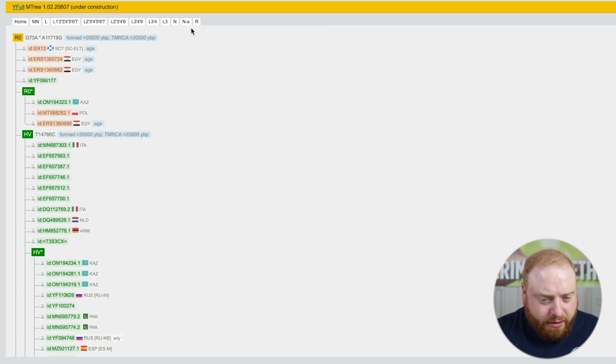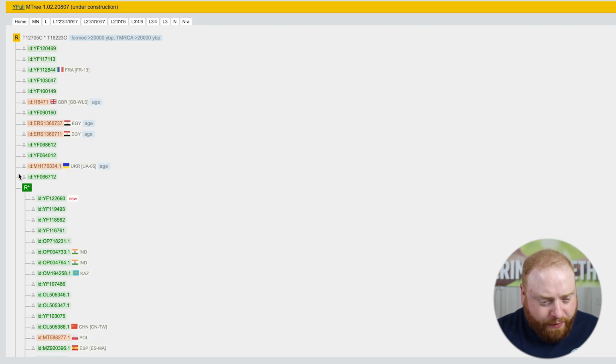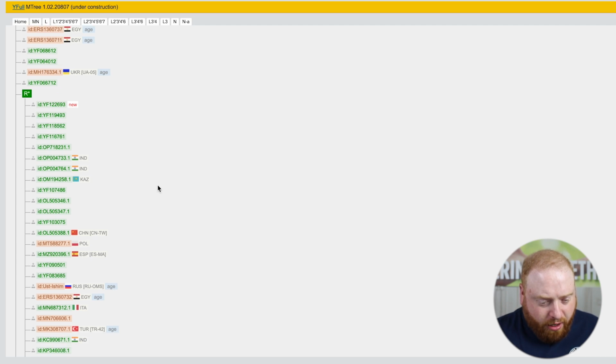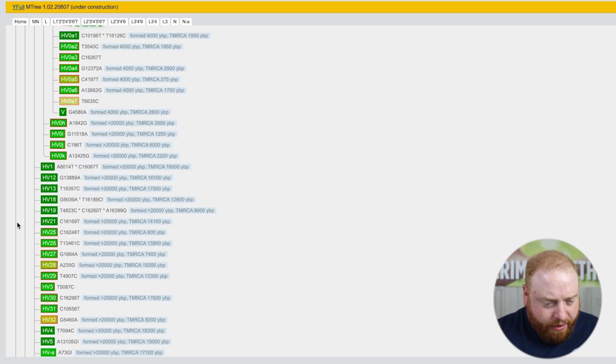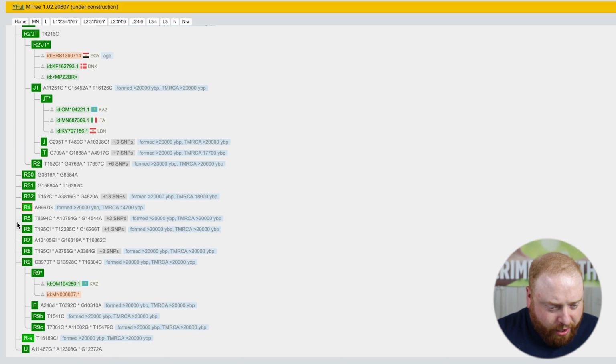So we can see R0 is a subclade of R, but then when we look at R itself, here we have R, then we have R again, P, then R0, and then as we scroll down further, we go through all the different R's, and then here we have U. So one of the other things that could also be happening is that one of these companies